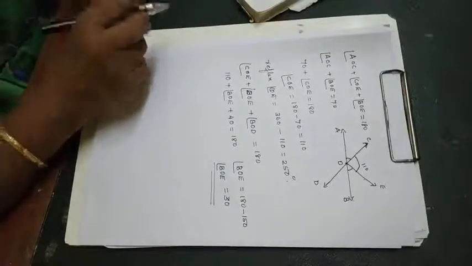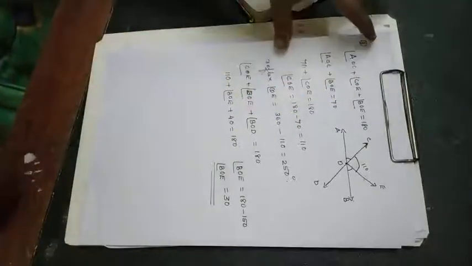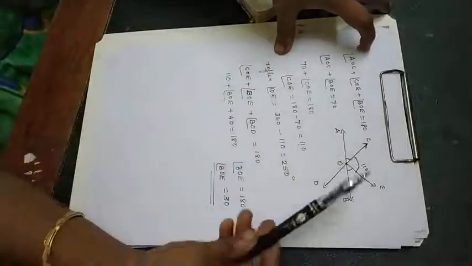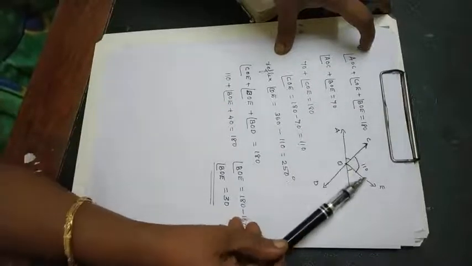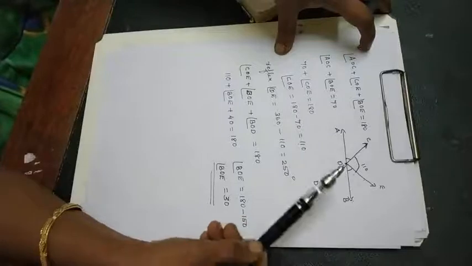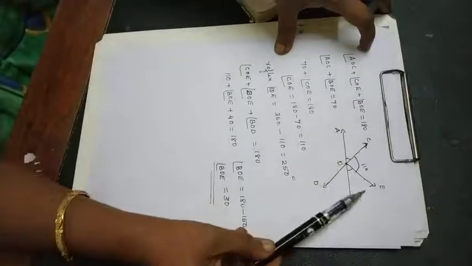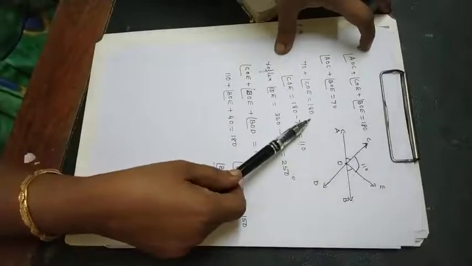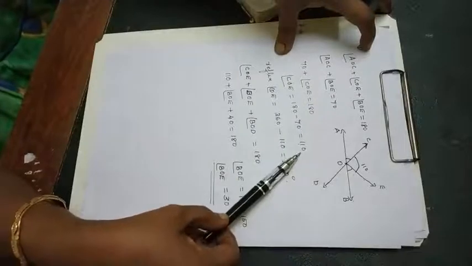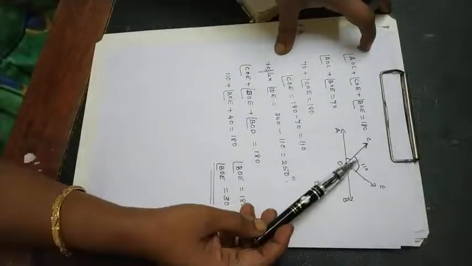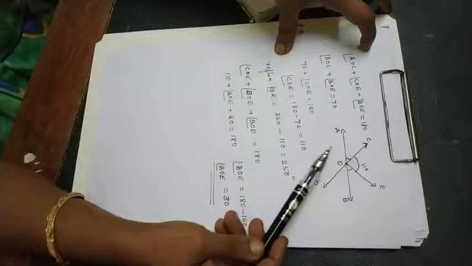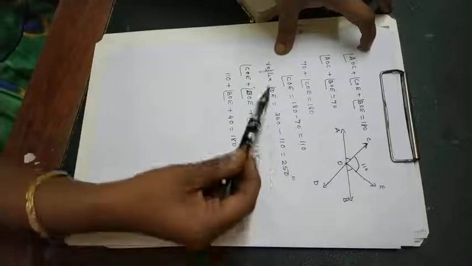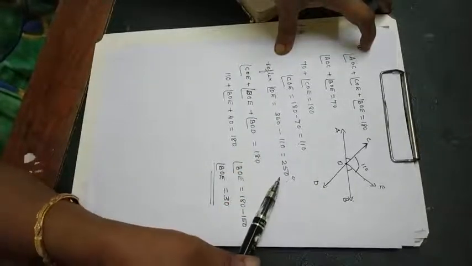So how we find out that one? First one we took AB as a line, another line CD cutting that one. So AOC plus COE plus BOE equal to 180. Now AOC plus BOE is equal to 70 they have given. So 70 plus COE is equal to 180 or COE is equal to 110 you will get. Now you are asked to find out reflex angle. So you have to subtract that 110 from 360. So reflex angle of COE is equal to 250.